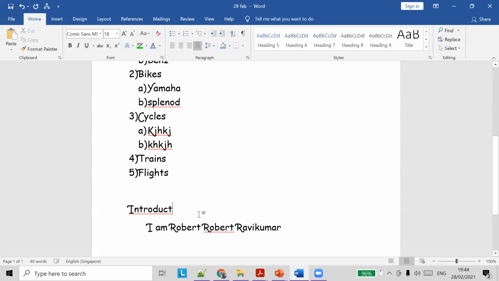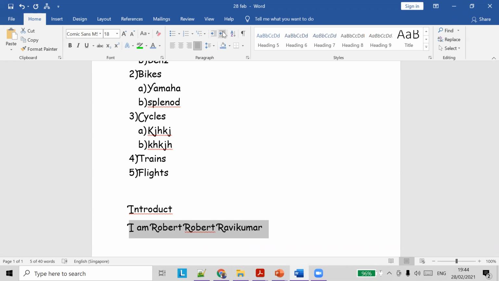So instead of starting from the leftmost, you can do it instead of looking like this. Whenever there is a paragraph, it should start a bit from the right. கொஞ்சம் leftல இருந்து right கொஞ்சம் தள்ளி தான paragraphலாம் start பண்ணுவோம். So those kinds of alignment can be done using indents. Okay, so that's it about indents.